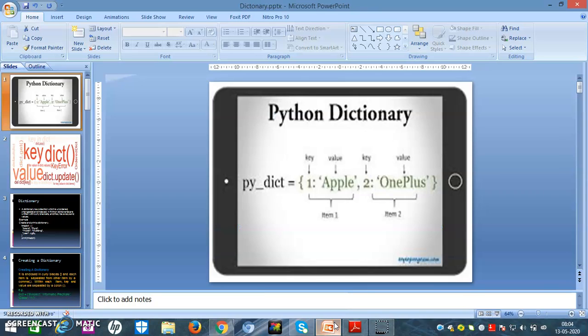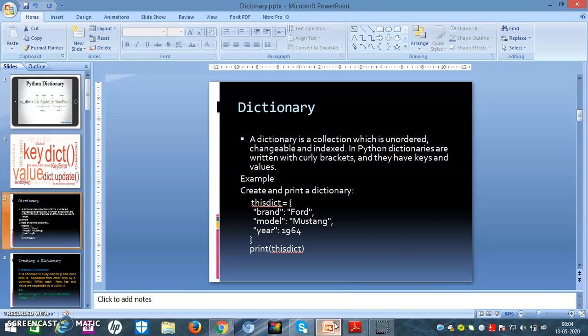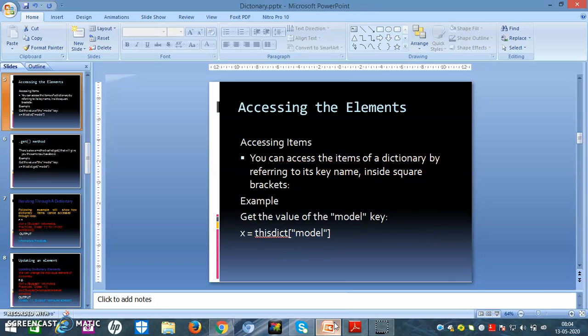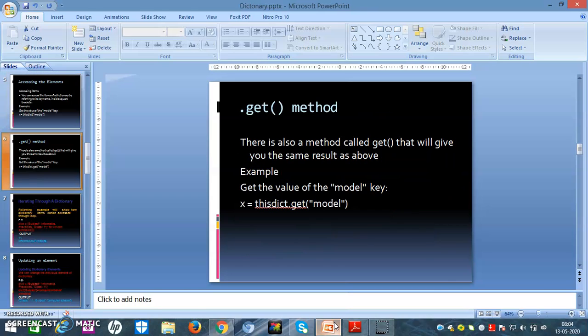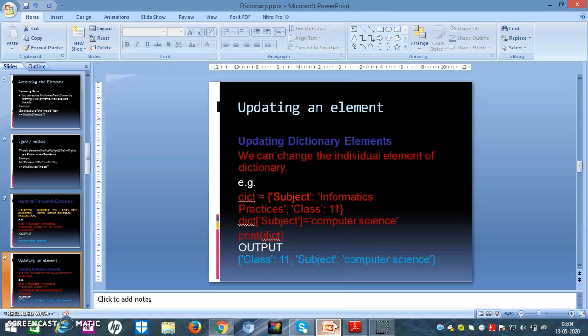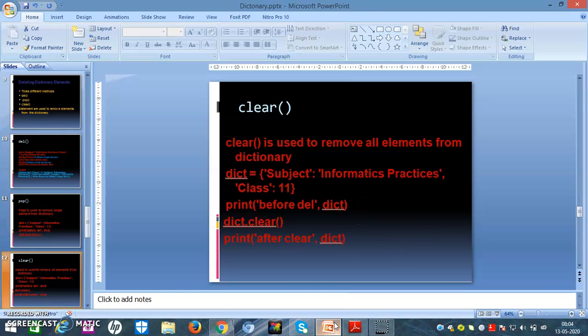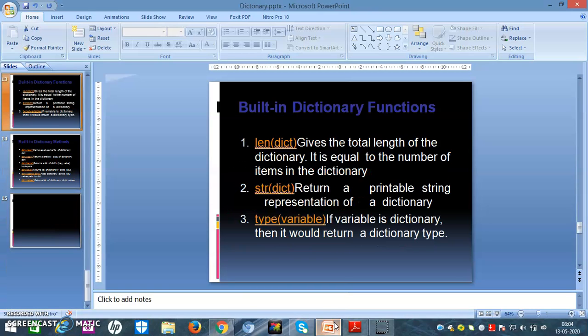As we were discussing Python Dictionary in the previous session, here I am with some practicals for you, how we can implement it in different ways. In the last session, we saw how to create a dictionary, how to access the elements of a dictionary, how to use the get method, iterating through a dictionary, updating an element, and deleting from a dictionary using three methods, so these three built-in functions.